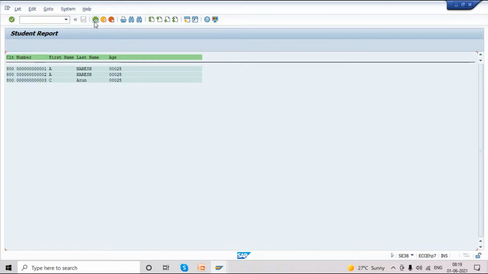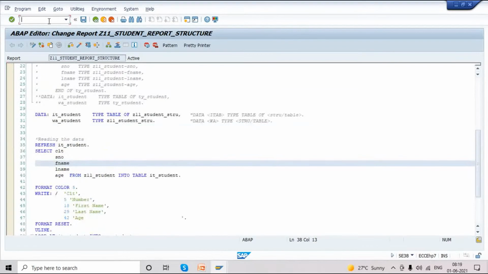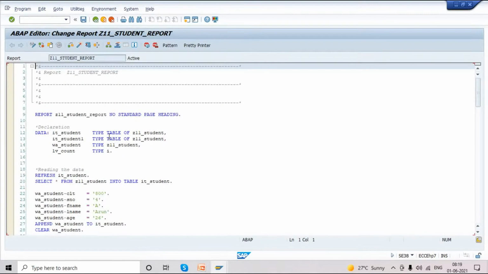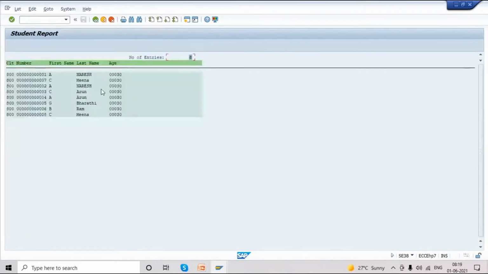I'll go back to previous report, not the structure table. Sorry, I'll take this previous report. There we will execute the scenario. So now how many entries do we have in this table? I think we have 8 entries, right? Are you able to see this data? How is it displaying? After 1, it is displaying 7.